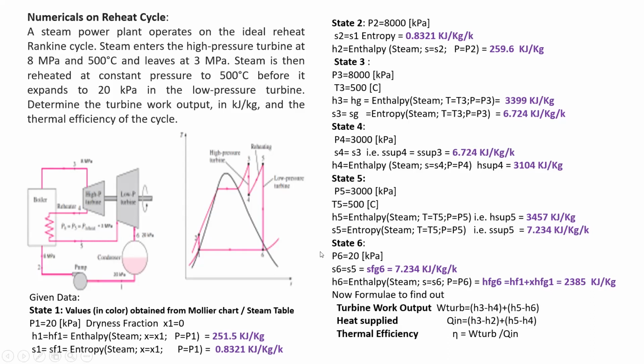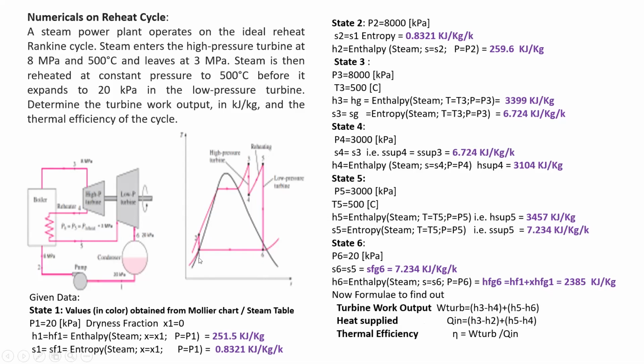Then state 6, that is the condenser. So S6 is equal to S5. Now you can take the value of S5 already found, 7.234. Then you know the two, and now you can find the value of X with the help of SF. Enthalpy H6 is equal to HF plus X times HFG,